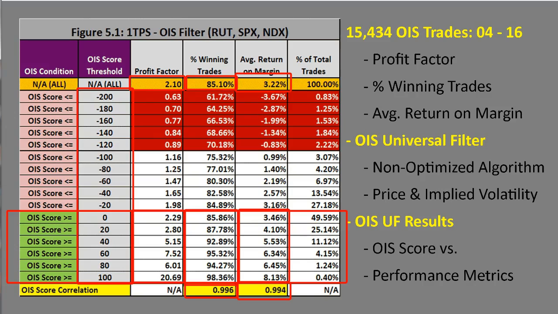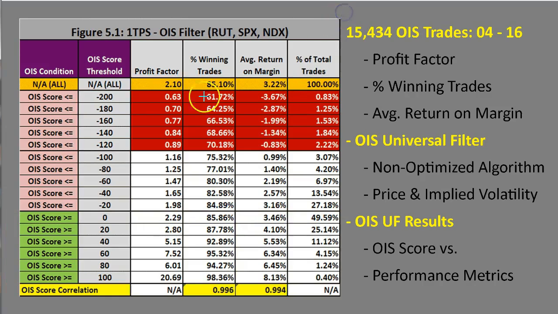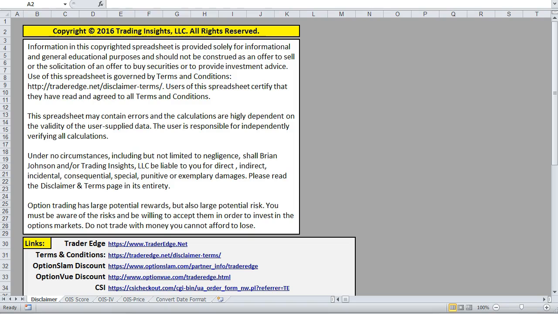Now let's move on to the spreadsheet demo. There are 5 tabs on the OIS Universal Filter spreadsheet: Disclaimer, OIS Score, OIS Implied Volatility, or OIS-IV, OIS Price, and Convert Date Format. On the OIS Score page,